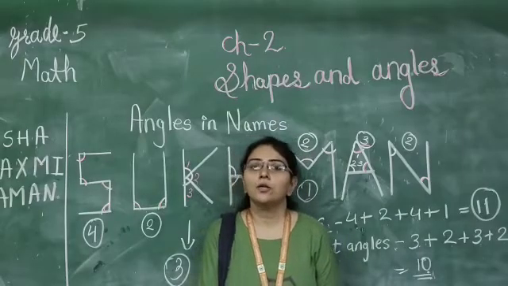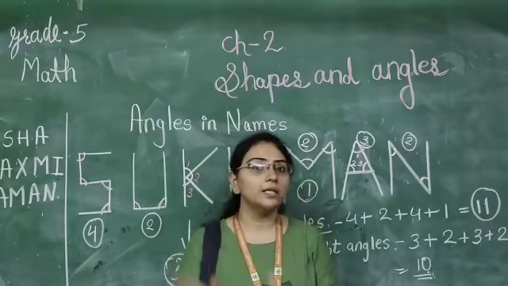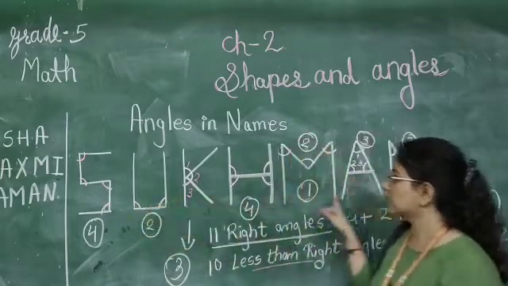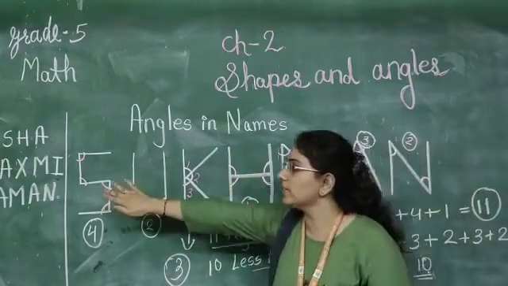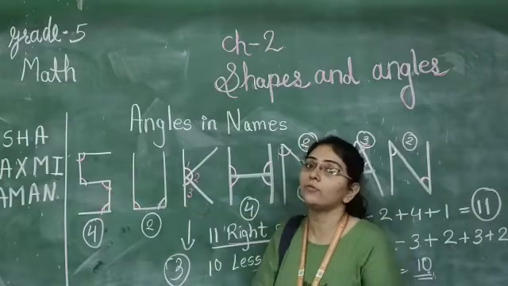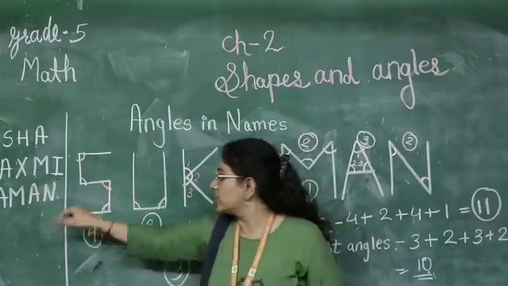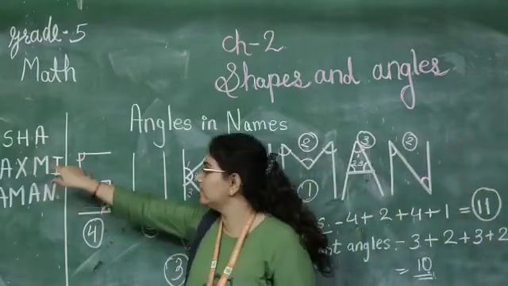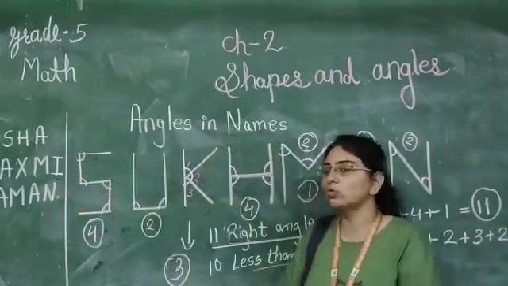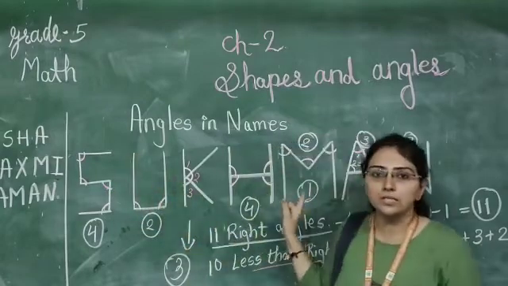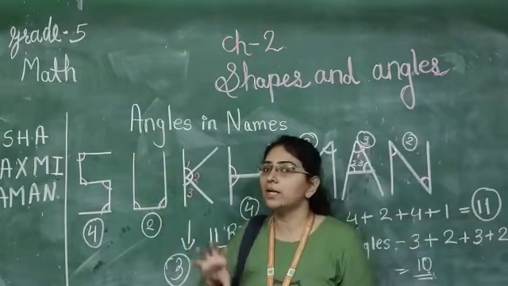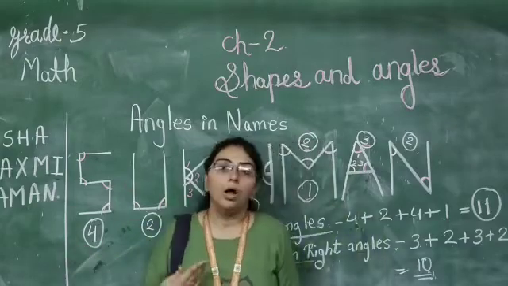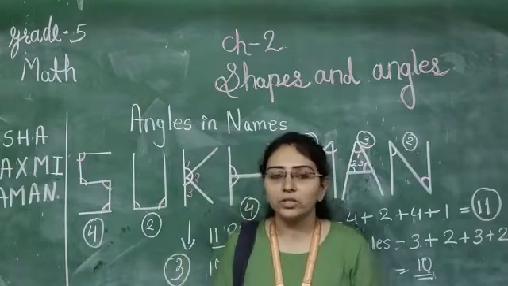So students, our topic of the day is angles in the garden and angles in names. Here I have taught you about the names, and these 3 names you have to solve in the notebook. I want to tell you to do these names the way I have taught you on the board. In this way you can use a rough book and write these names, and it will be easy for you to understand how the angles are and how you can find them. This will be the easy way, but you have to solve in the workbook. But rough work you can do in your notebook. So 2 topics we have covered today.